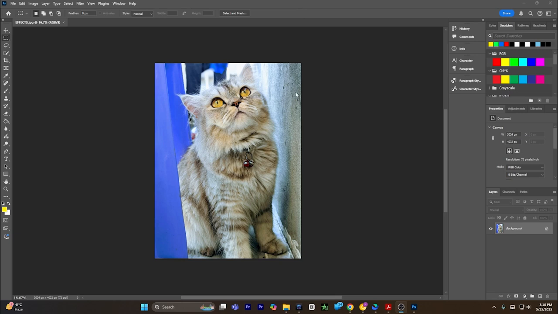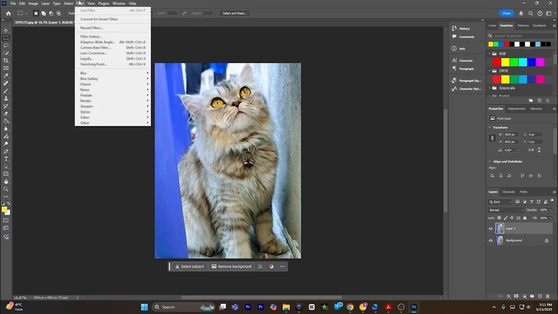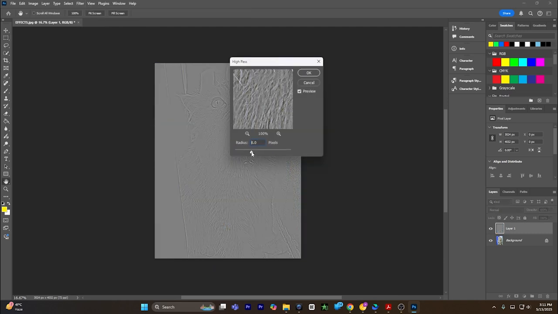So first of all, open your image in Adobe Photoshop, select your photo layer, and press Ctrl+J to make a duplicate layer. Now once you have created a duplicate layer, go to the Filter menu on the top, go to Other, and go to High Pass. Now in the Radius section, set it to 5 pixels,